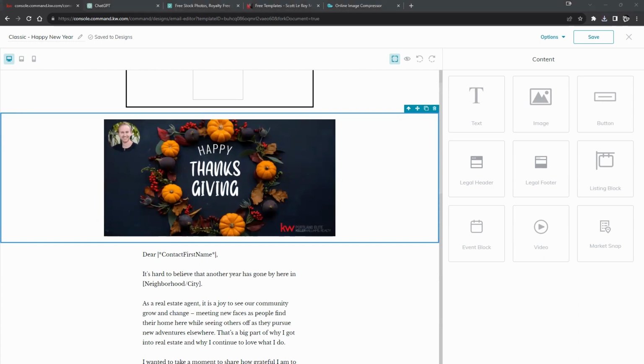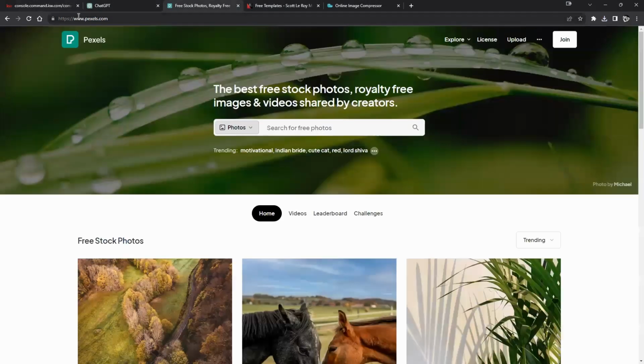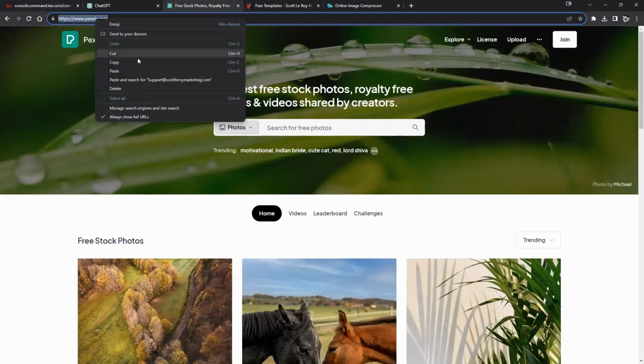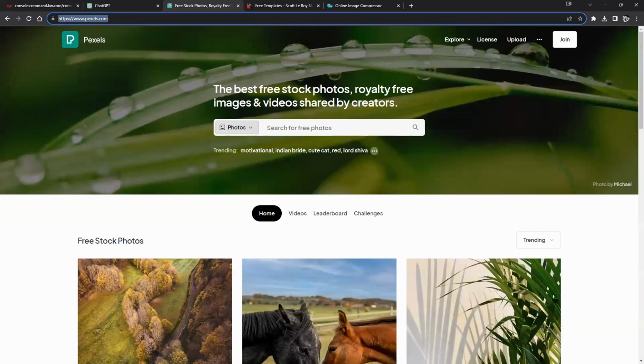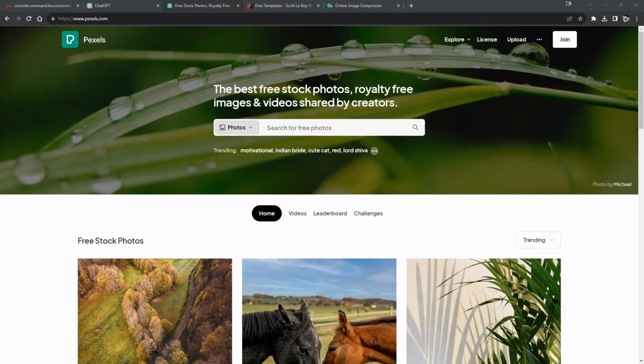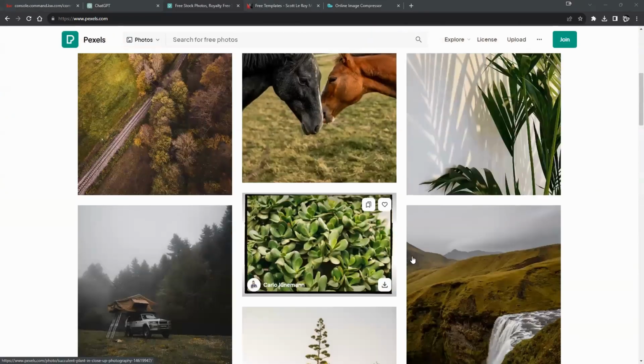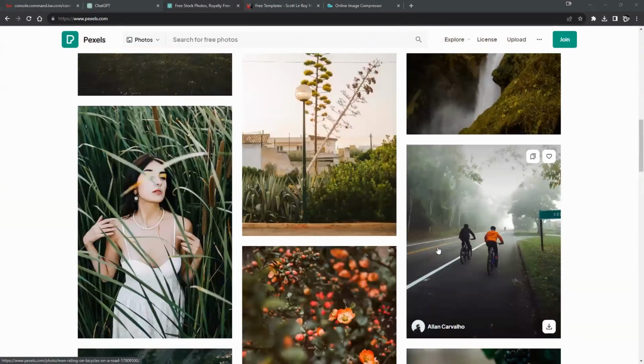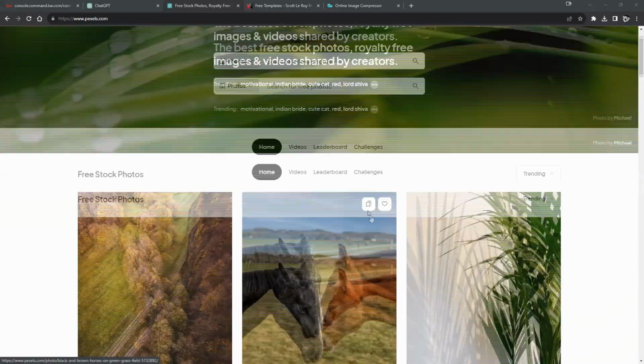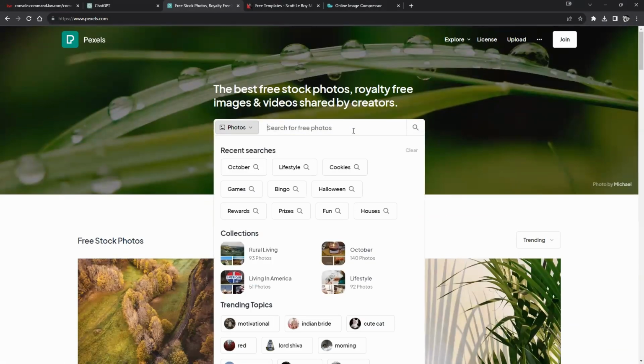So another way to find fantastic images that are free for you, that you don't have to worry about if it's in compliance or if they're copyright, is going to be this site. I'm going to drop the link in the chat box down below for you. It's going to be called Pexels, so pexels.com. This will allow you to search for anything and download these awesome high quality images to use in your content. So for example, right here,